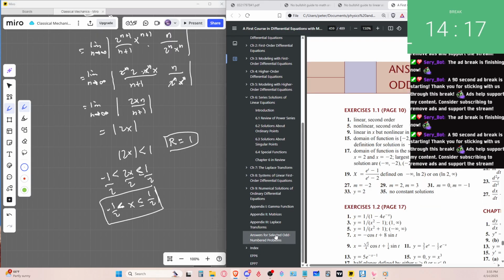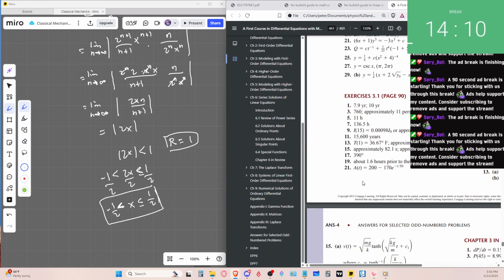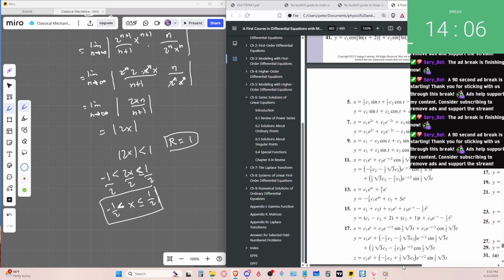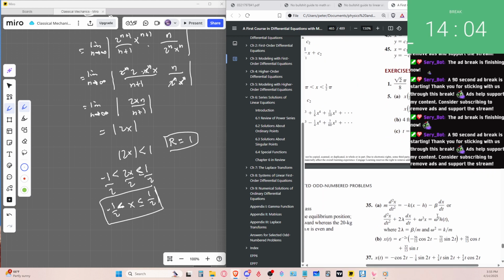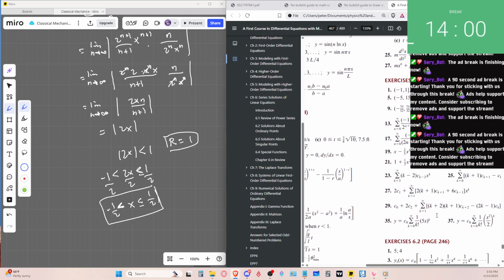Okay, let's take a look. Six point one. Here we go. 6.1. This one's number 3. So we can't equal a half. We can equal negative a half, but not equal a